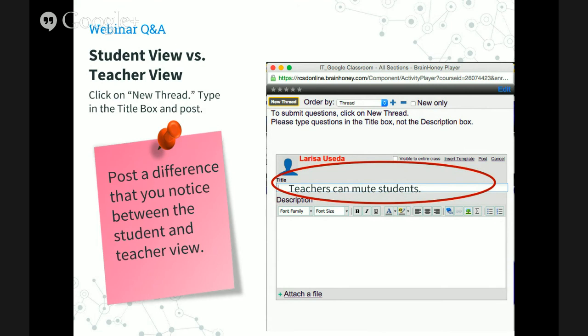But not if you have them in a different class. Right, exactly. So for a 5th grade teacher, you would mute them for ELA, but maybe not for math. And one of the features that is different between Google Classroom and e-learning is, can the teacher lock an assignment so that the students are no longer able to submit?